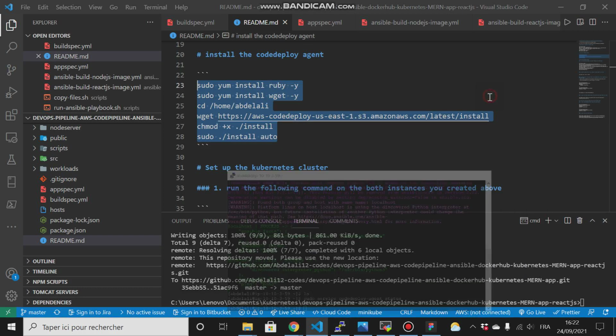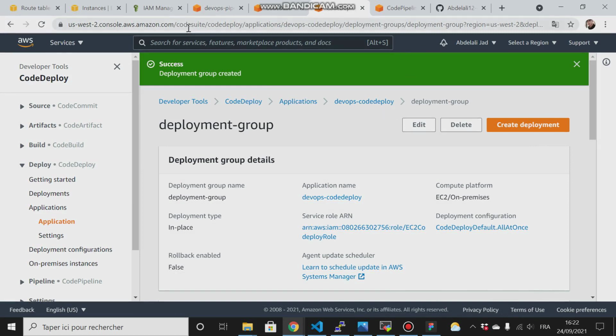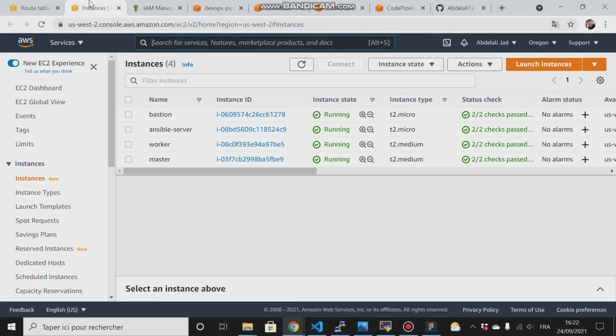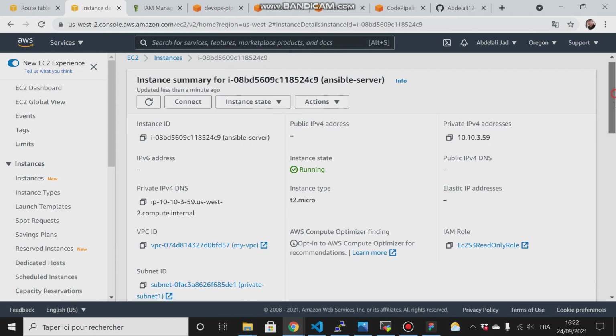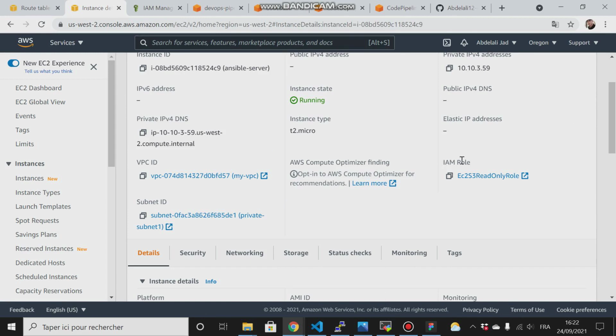And if I try to go to my EC2 instance, and go to Ansible server, and then go to the IAM role, I have already created a role, called S3 read only role, and I have permission